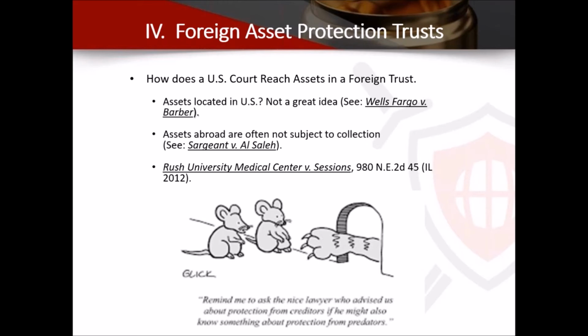Now, there's a couple of other cases that really went against that. There's a case out of Colorado, and there's a case out of, I think, Maine and Alabama, the Arroyo case. They said that's absolutely incorrect, and I think that the Wells Fargo case is absolutely incorrect. The sad part of that case, I think they could have gotten to the assets through a legitimate means with fraudulent transfer. But the upside of that is, if the idea is to do this stuff before there's a problem,